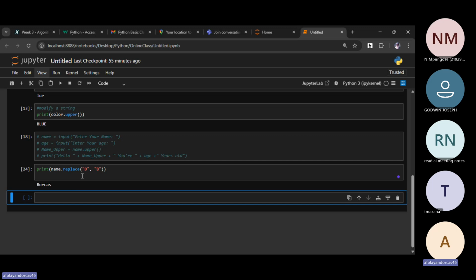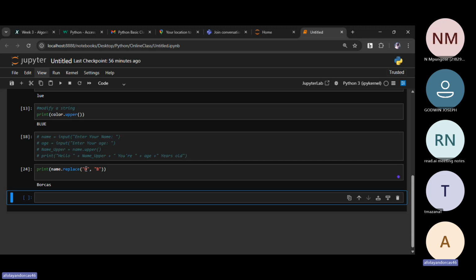So we can see this is straightforward: I want to replace the letter D in Dorcas with B, which gives Dorcas with a B. Here we have successfully replaced the letter D for B. So this is the replace keyword, used when you want to replace something.